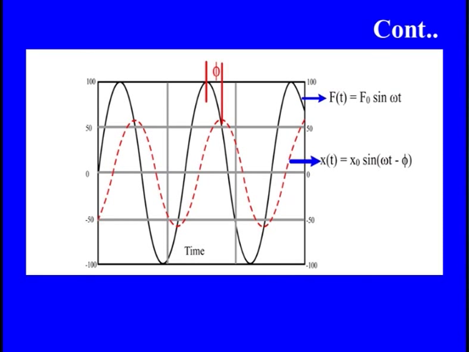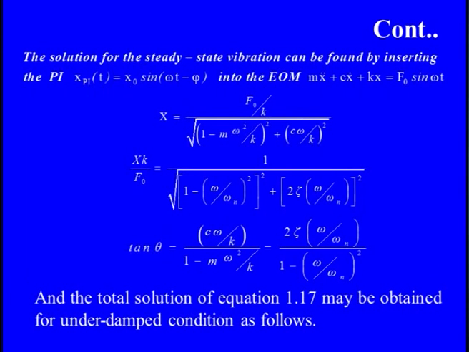When we are now trying to simulate these things in terms of the steady state solution or a particular integral solution x_p, we can see that x_p for this kind of feature is nothing but x_p equals x0 sin(omega t minus phi). And if we go into the basic equation, that is m x double dot plus c x dot plus k x equals f0 sin omega t, then we can get the output x0 as equal to